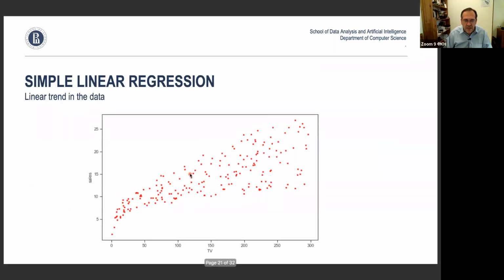Okay, next step is going a little bit further. Now we try to actually learn something more about the data. If you look at these data points, in fact, this is how sales relates to TV advertising. This is real data of how sales of a particular good relates to the spend on TV advertising. And of course, there is a relation. The more you advertise, the more people buy.